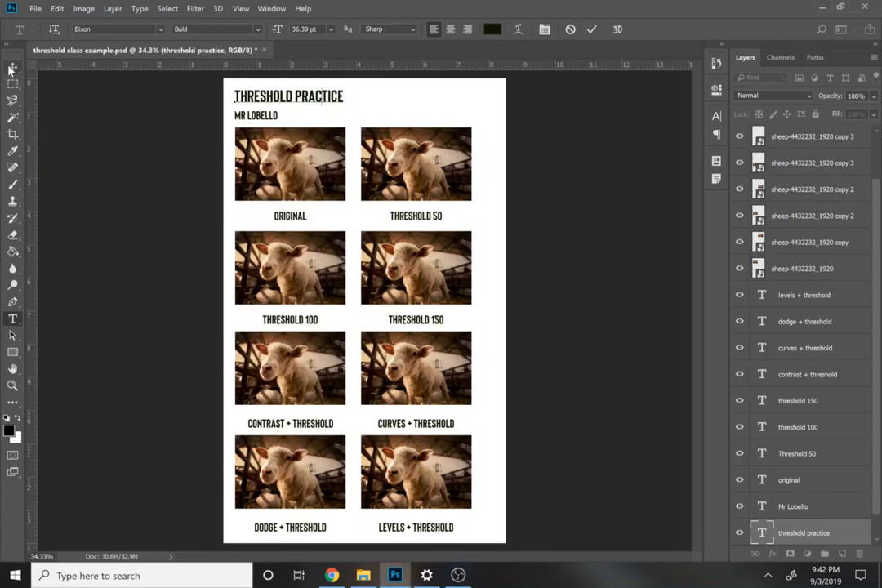Hi guys, so today we're going to practice the threshold and see what this effect can do and how it can be worked with other tools that we've learned how to use. So first we're going to go through some basic thresholds. If you want to pause the video and arrange your pictures to fit this,